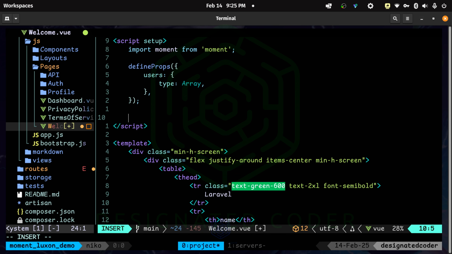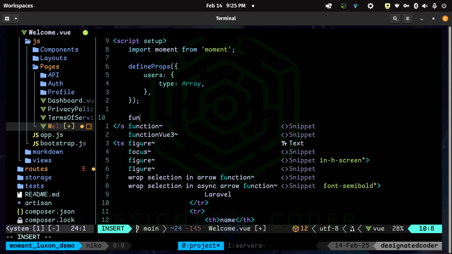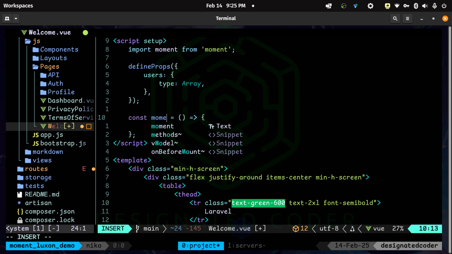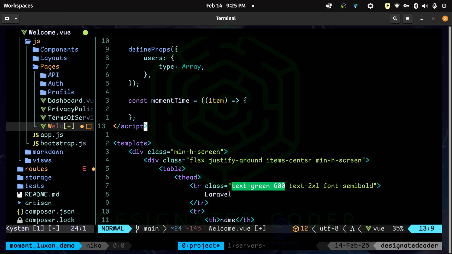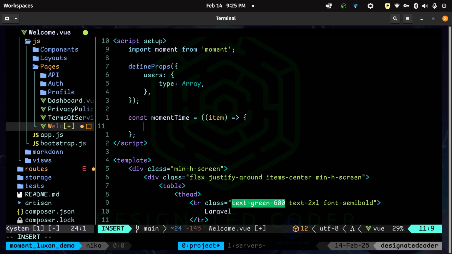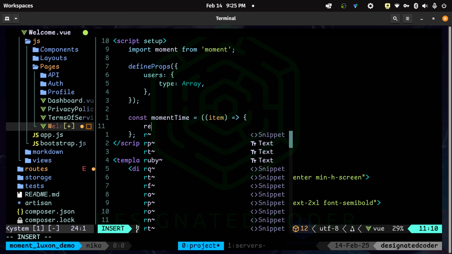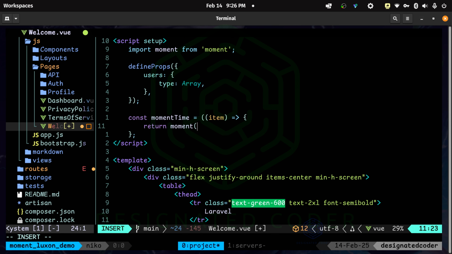And then what we're going to do is create a function. I'm going to call it Moment Time, and I'm going to say that that equals an item. And that item we're going to be passing in through the template. We'll do that in a moment, but for now, that's what it is. Here I'm going to return Moment with the item in it. And then I want to format it.